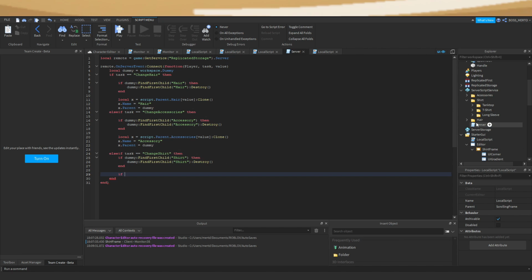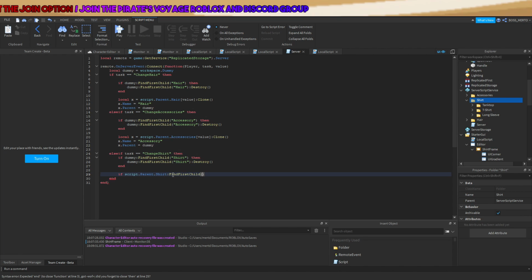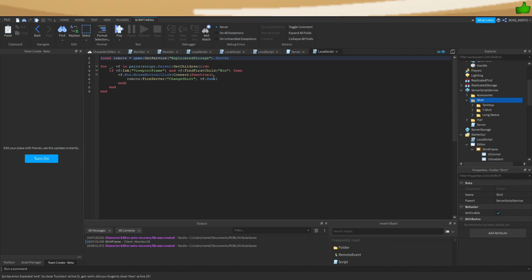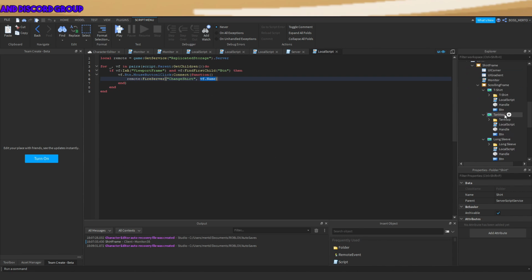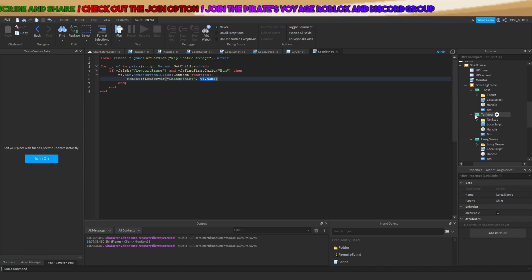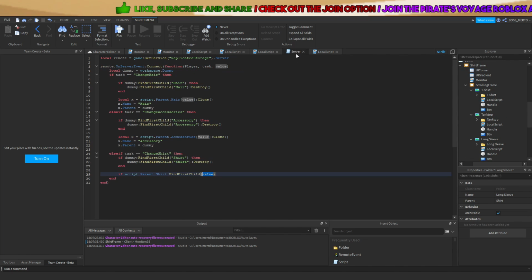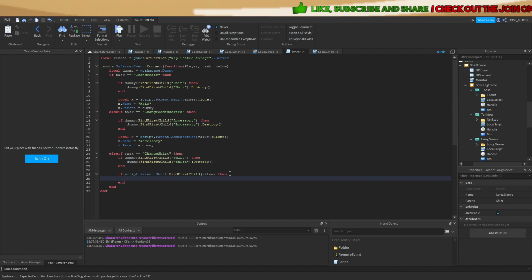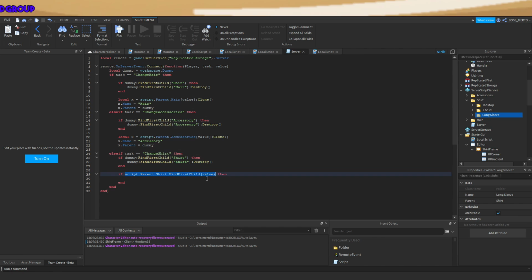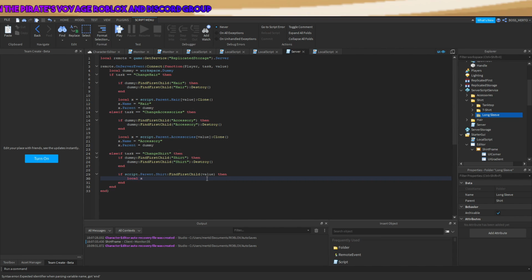So we want to refer to the folder first of all, script.Parent.shirt, and then FindFirstChild. So we are looking for a child, or for a component, for an element called value. And value is this thing, and this thing is the name of the button, and the name of the button represents the shirt, and that's the point. So if it is inside of this folder, then we want to clone it,